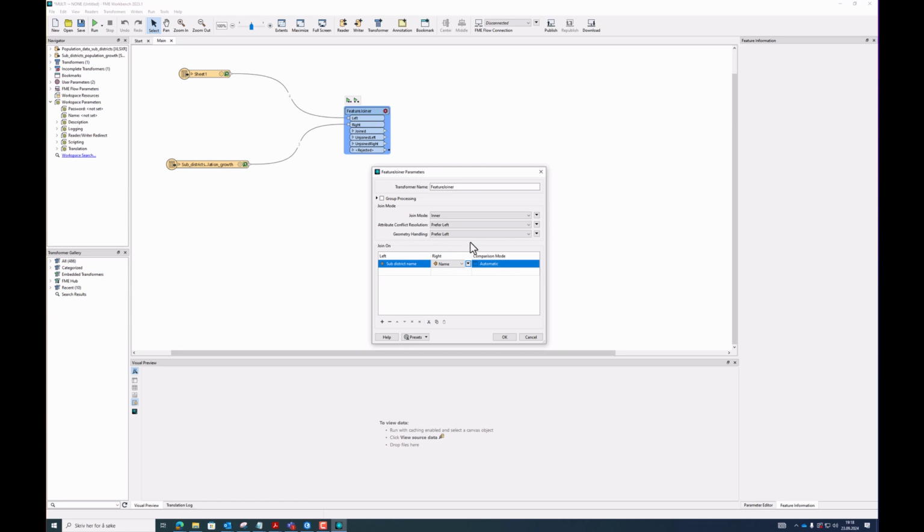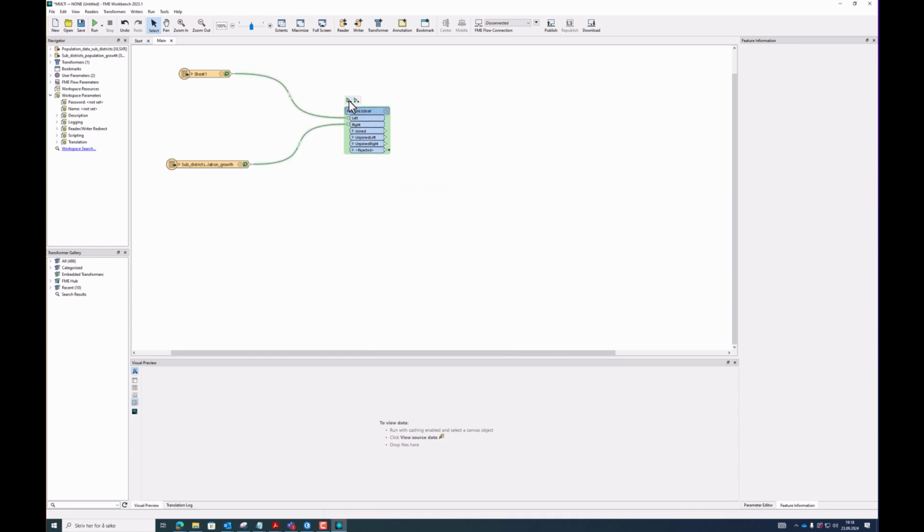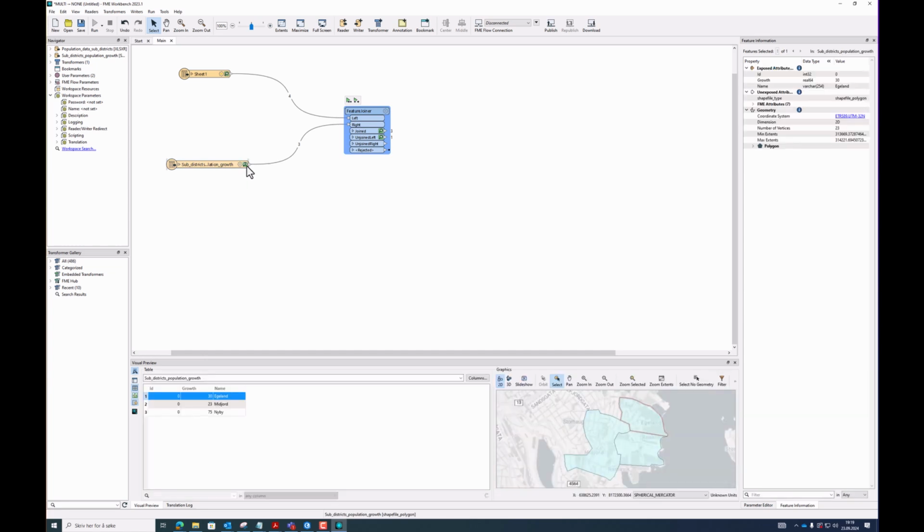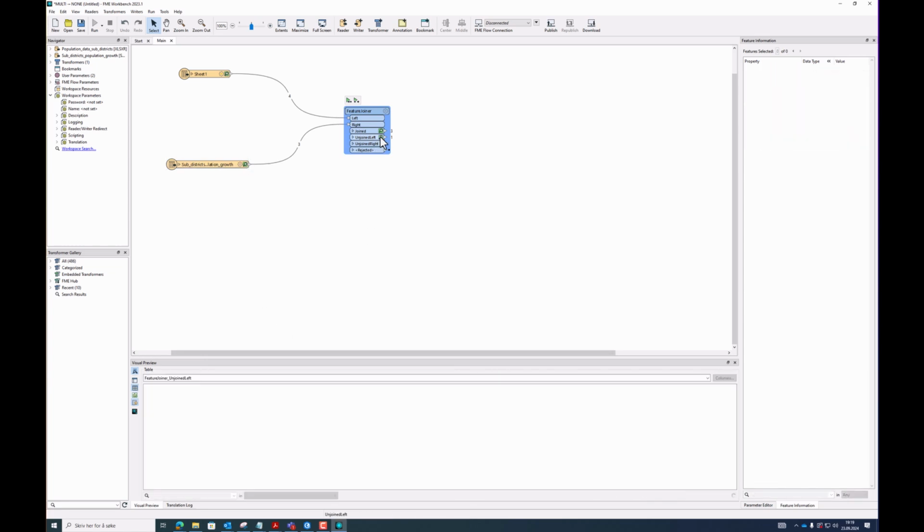So if I run this now, we can see that our data becomes joined. We can see that we have 3 that joined and 1 that did not join. So we see these 3 names correspond, so they have a match, so their data is combined or joined in the same feature. But if we look at the Excel file again, we can see that we have a 4th sub-district name, this one, and that does not exist in this dataset. That's why we have an unjoined here,